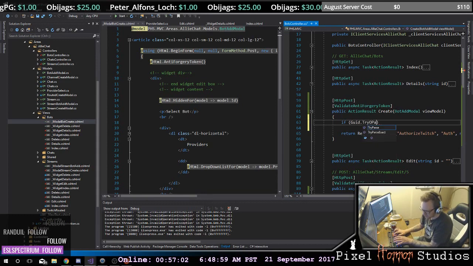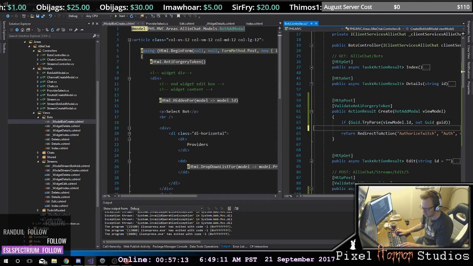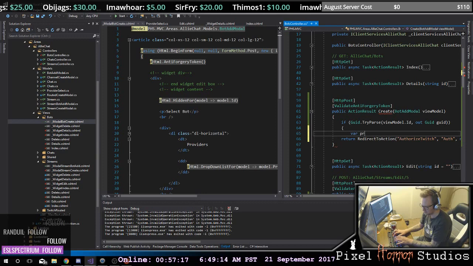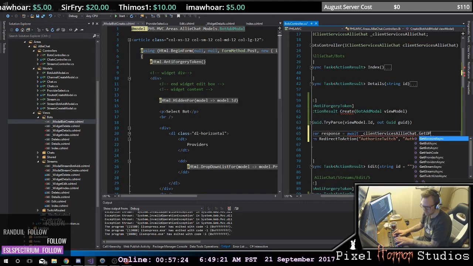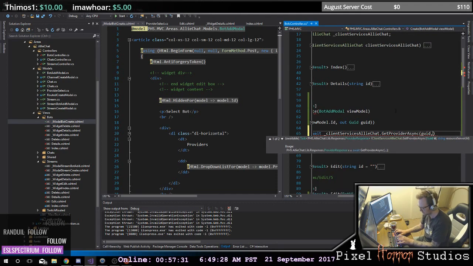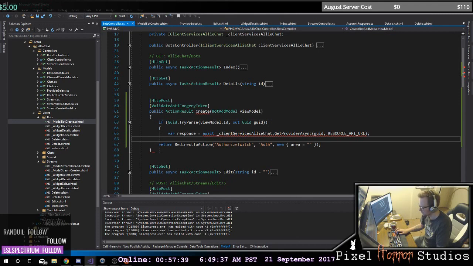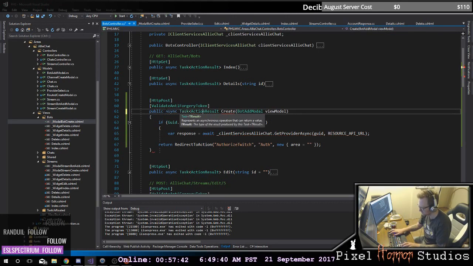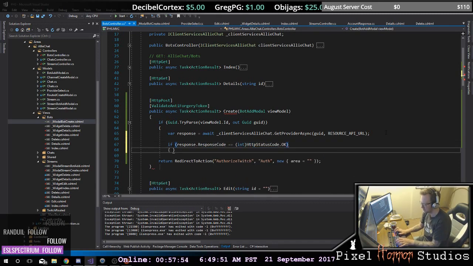So now if my Guid.TryParse of my viewModel.Id is a, I'm sorry, it's an out Guid, then what you want to do is get your provider. And the one you want to get is your Guid from your resource server. And this is an async task, right? So now if my response.ResponseCode is equal to an integer of my HttpStatusCode.OK, then what you want to do is